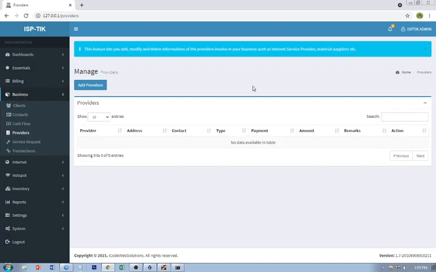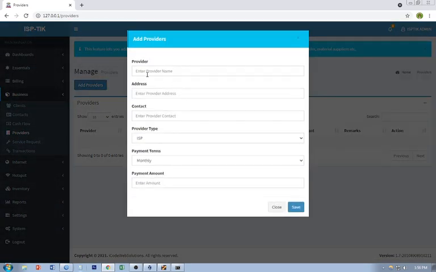Okay, so providers, as the info says, these features let you add, modify, and delete information of providers involved in your business, such as internet service provider and material suppliers, etc. So let's try to add providers, for example. So in my case, I have a Gomo Prepaid as my